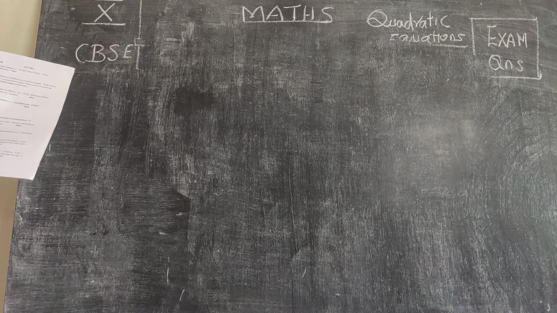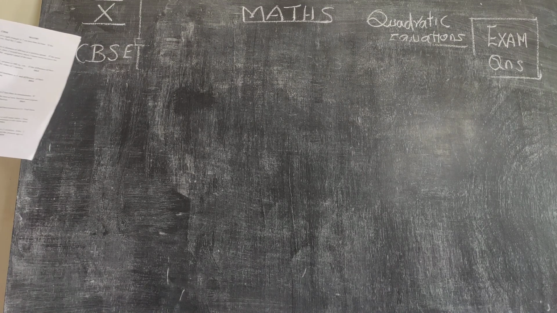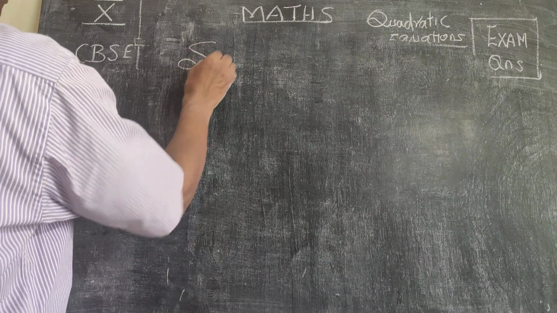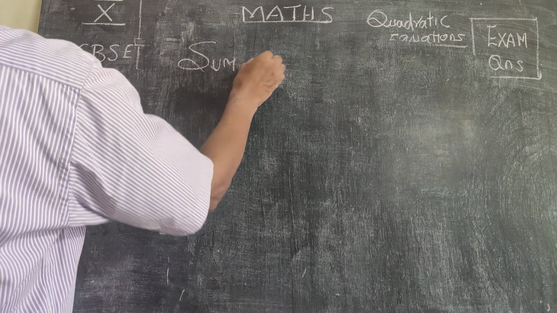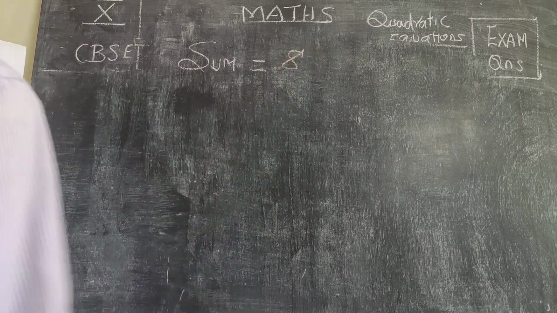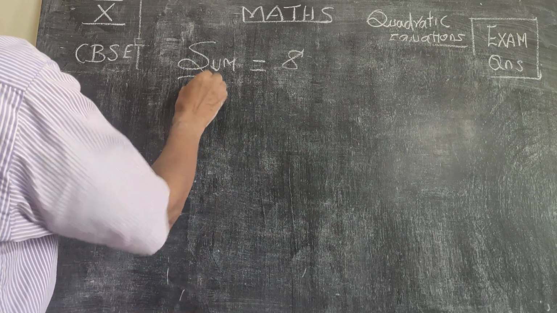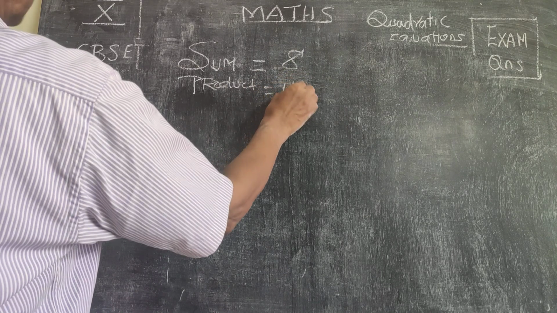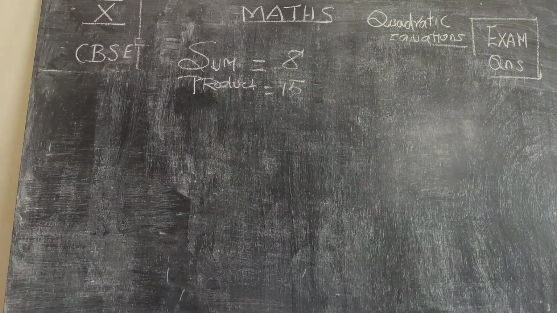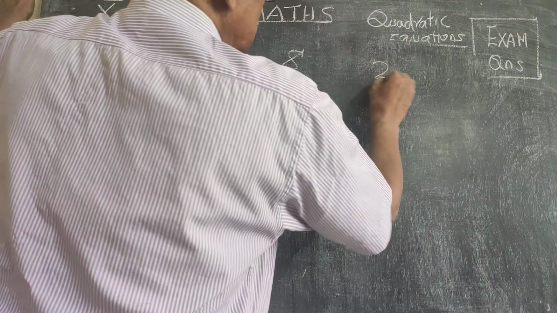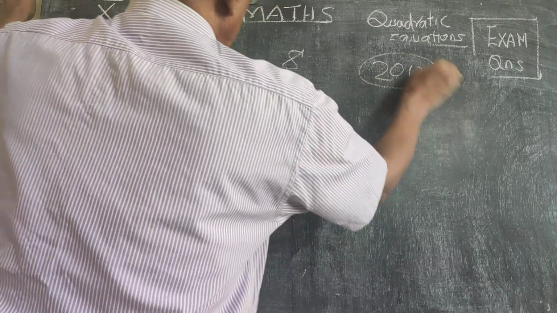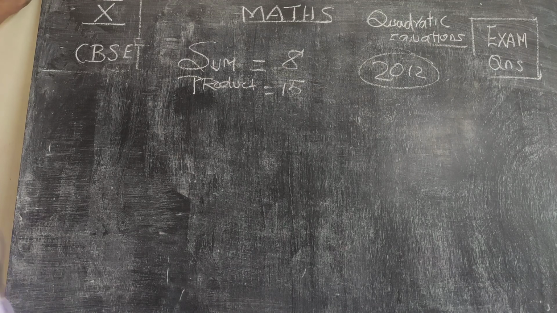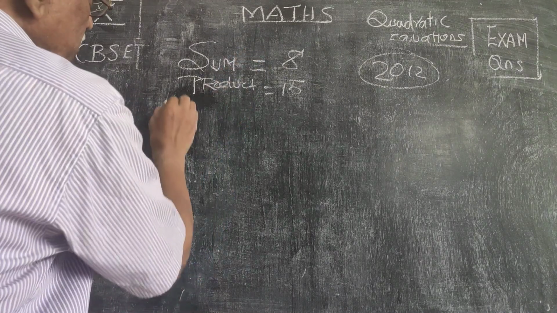In question number 34, which was asked in 2012, the sum of two natural numbers is given as equal to 8 and their product is given as equal to 15. Very simple problem. Asked in 2012, the students were really fortunate to get 4 marks or 5 marks for this. Let the two numbers be